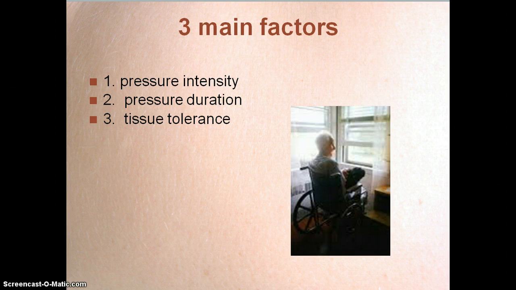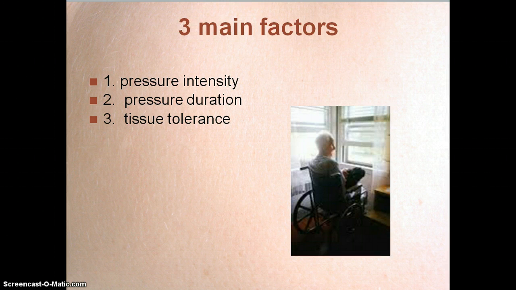Pages 1177 and 1178 talk about these three main factors. Your pressure intensity is weight and what extremity it is. Our duration is the amount of time and the amount of pressure. And that's why when we have somebody at high risk, we don't even wait 2 hours to reposition. We're doing that more often than that. And our tissue tolerance is how healthy is that tissue versus their very thin, fragile tissue. Maybe it's somebody with malnutrition or nutritional issues that cause them to have poor skin